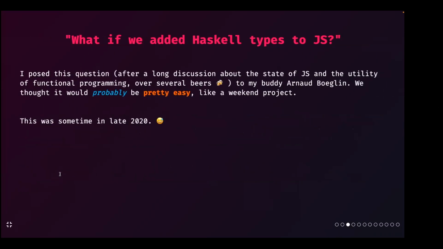And so this is the question I posed to my buddy Arnaud, I think in August 2020. We thought it would be a reasonably simple idea to add Haskell types to JavaScript. We were very wrong, but as with so many good projects, it requires that you commit. There are times where neither of us is doing very much, but we've continued pitching in over the years.